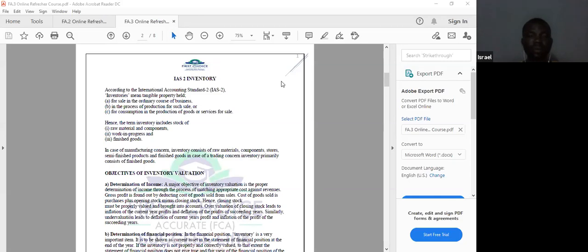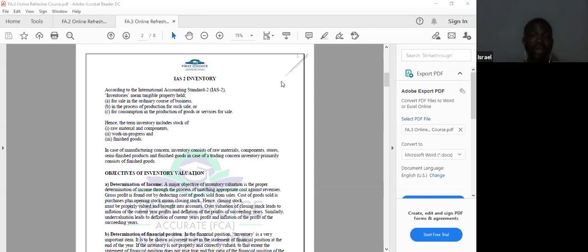Okay. I believe you can see my screen and hear me. So this one we're talking about IAS 2. IAS is International Accounting Standard. These are the standards that state the rules and regulations on how to prepare or address some transactions in the financial statement. So we're looking at IAS 2 because in your syllabus, you're expected to look at, I think,